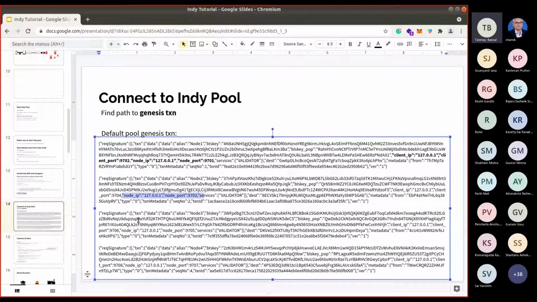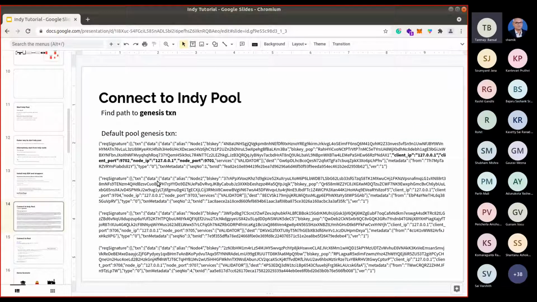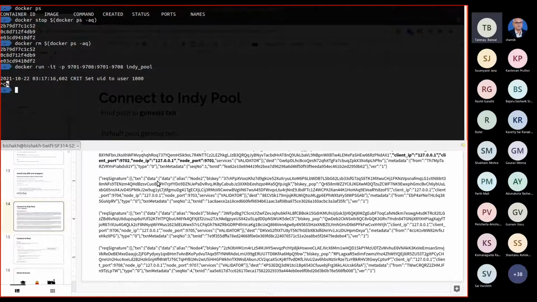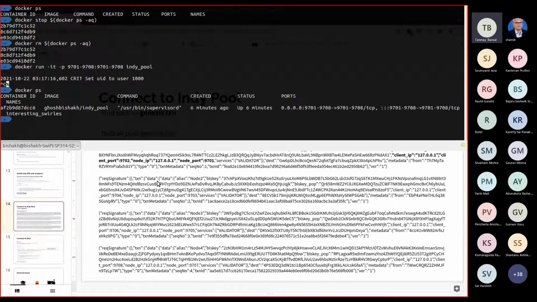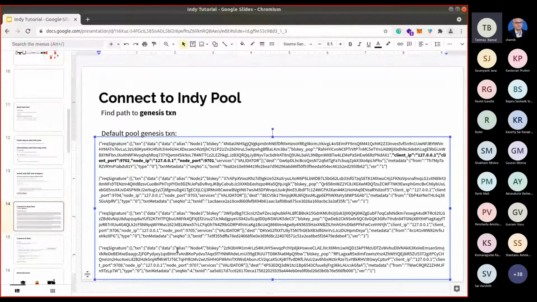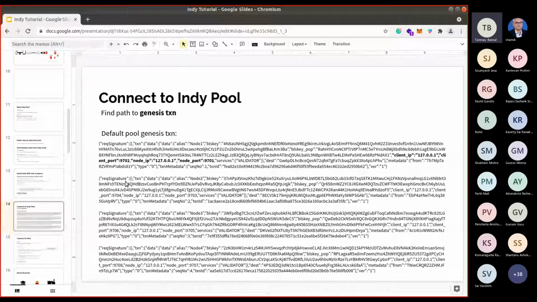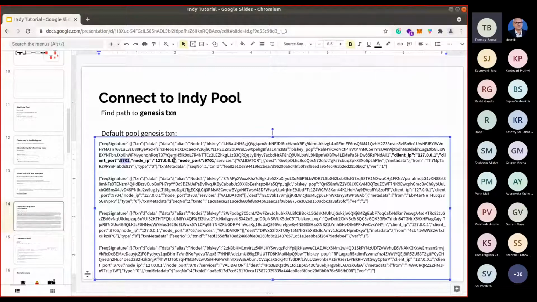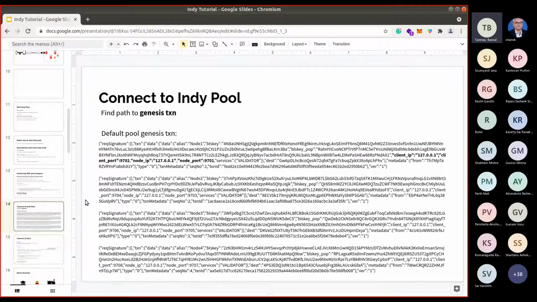The example that I have here in the slide, I have just copied the Genesis transaction which I have used in this Docker image. The Indy pool that is running here has 4 nodes, as I showed you earlier. If you are running an Indy pool where the nodes are using different ports other than these, then you have to make sure that in this Genesis transaction file you change these IPs and ports accordingly, because that will be used by the SDK to connect.